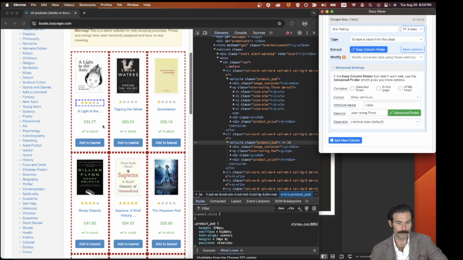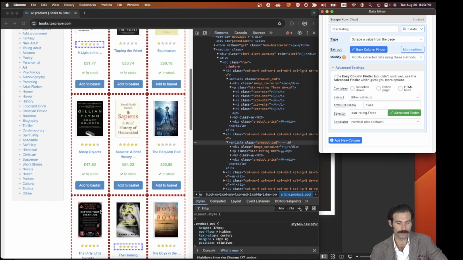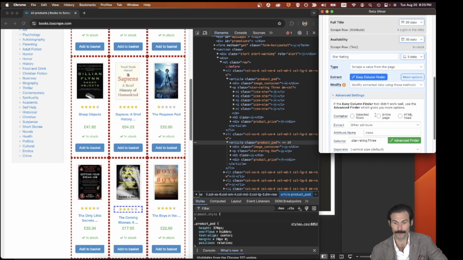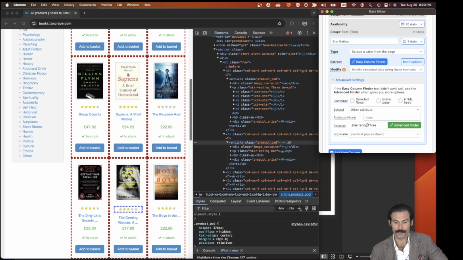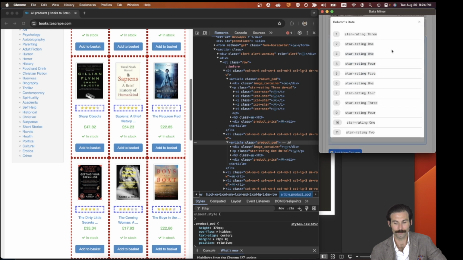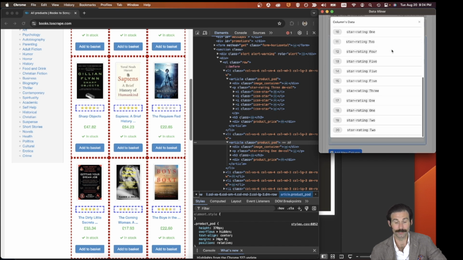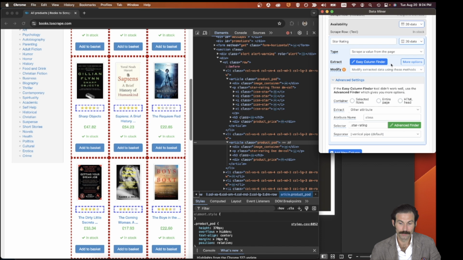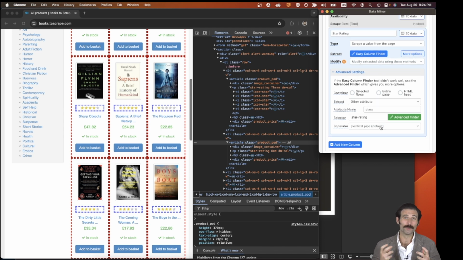So if I go to number 8, 1, 2, 3, 4, 5, 6, 7, 8, yes, because it's picking up everything that has the star rating 3. So I don't need the 3. I just need the star rating. And now I have it for each book. And now I know that is confusing. But that's why you need to know a little bit about looking at the back-end code and really try to guess